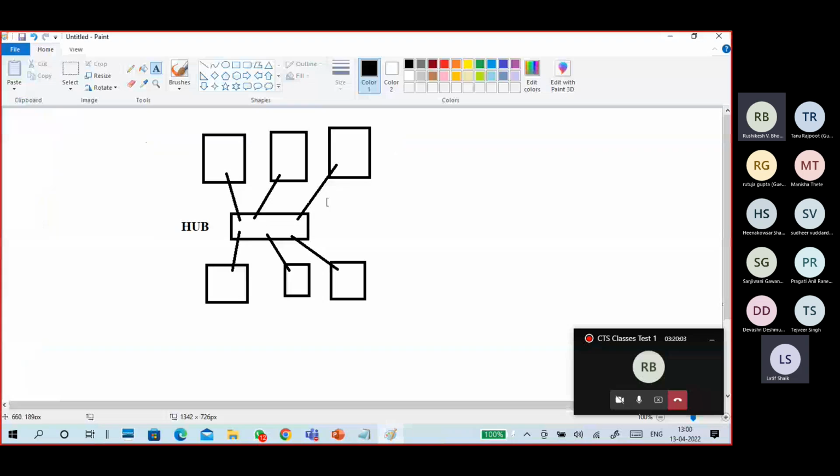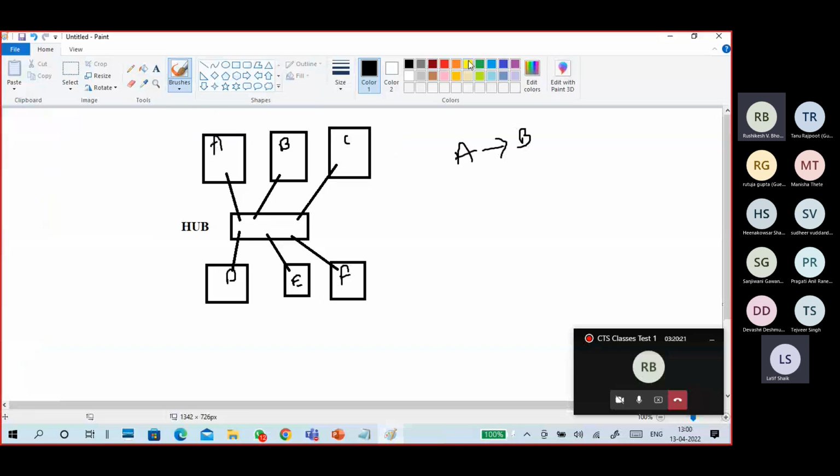Broadcast means broadcasting to everyone. Its meaning is, if A is a PC, and B, C, D, E, F, for example, are computers, I want to communicate from A to B.